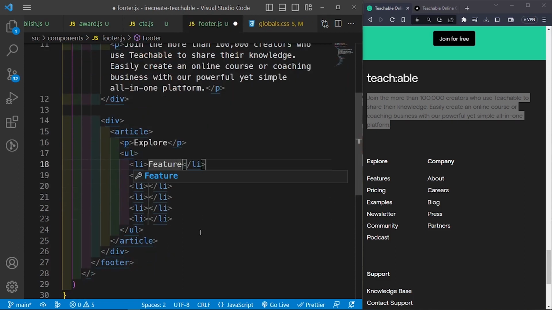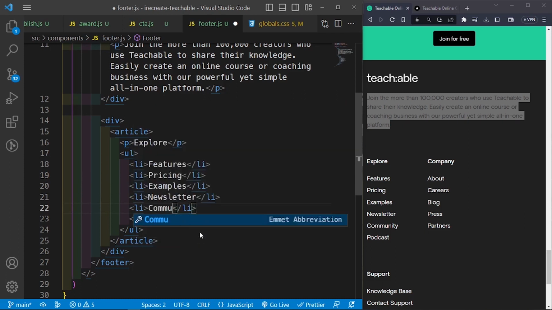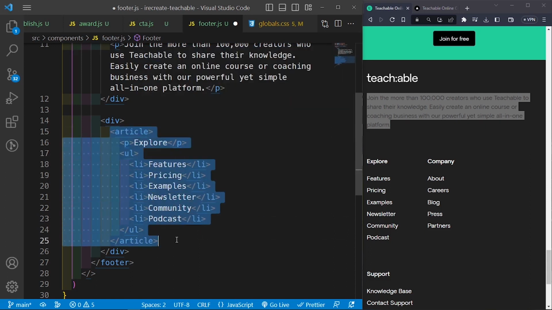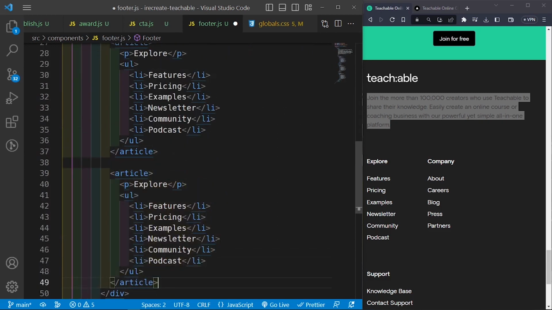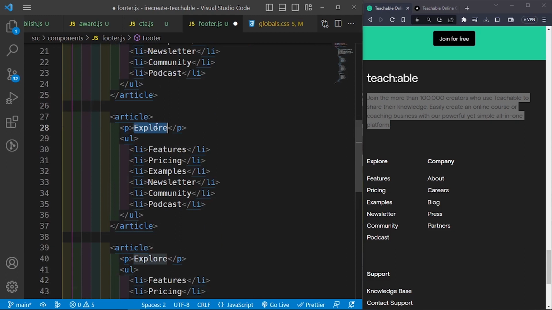And this first one says features. The second one says pricing. And then let's say examples. And then let's say newsletter, and then community, and then podcast. And then let's do the same thing. So copy this 1 and 2. So this second one says company, and then this other one says about, and then careers, and then blog, and then press, and then partners,